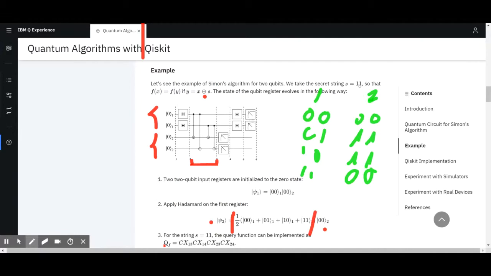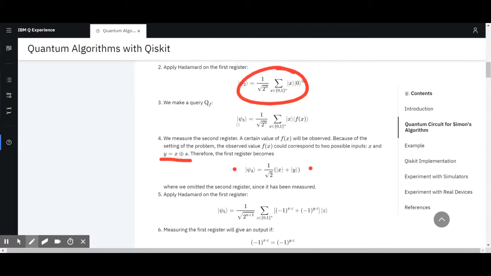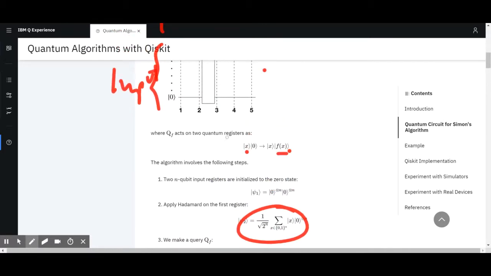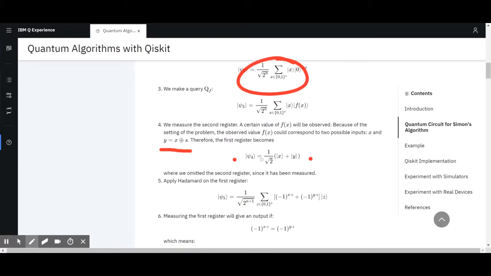So we take the secret string being S11. I don't know how that function is implemented. It's not clear to me how the function is implemented. So it's basically saying that the QF acts on 2 quantum registers. Yeah, but it's in the function of X, and if I do